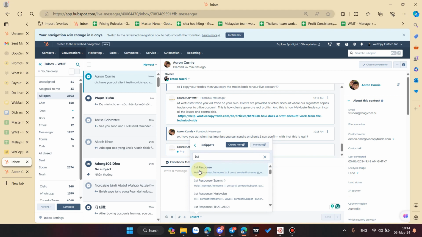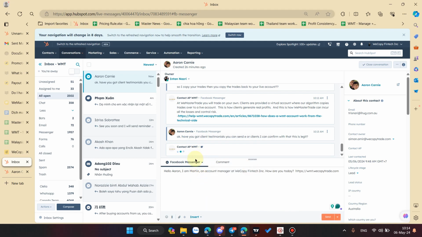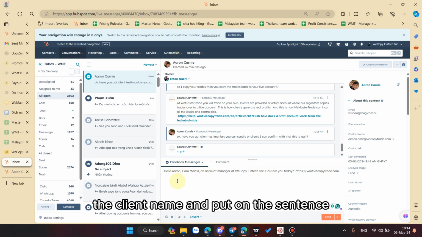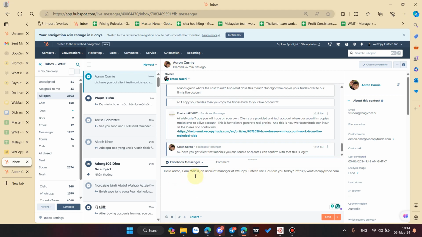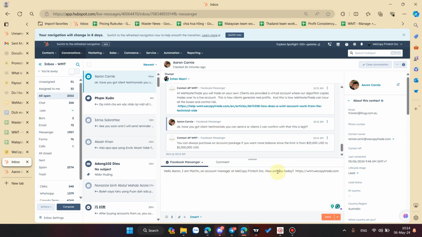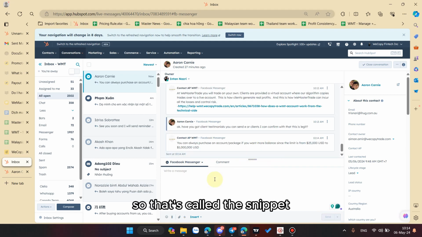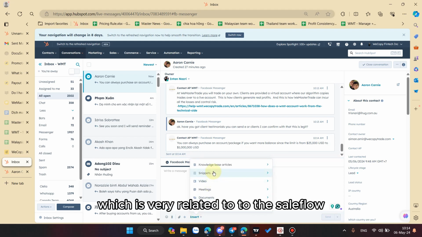You just click on that, and it will automatically get the client name, put in your name, and finish the sentence for you. You just press send. That's called a snippet, which is very related to the sales flow.